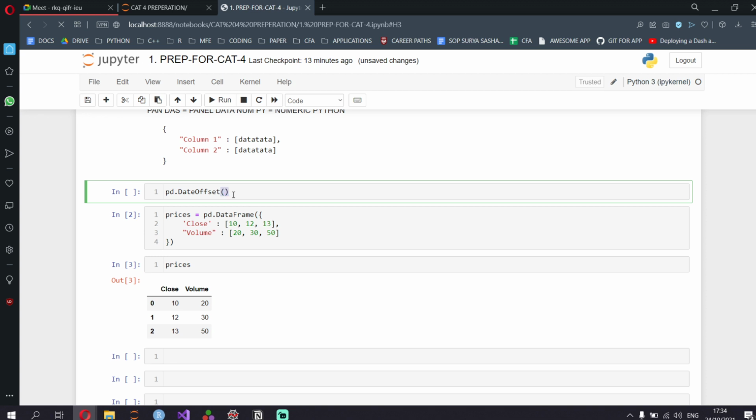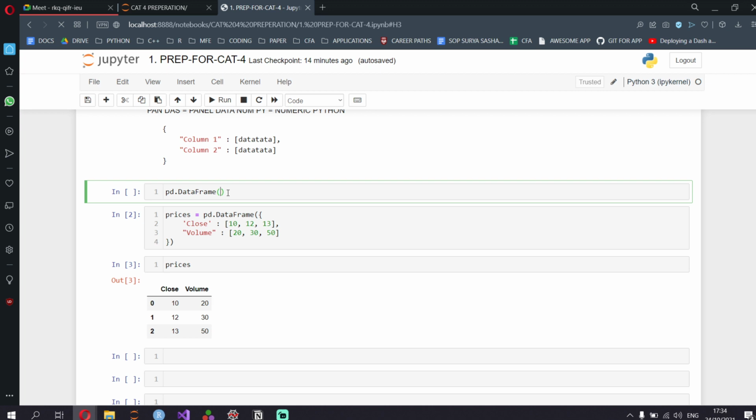Another reason why you need to put these parentheses is, let's go for data frame itself. Now I put these parentheses, and I'm at a position where I don't know anything. I know there's this function called data frame, and I want to see how to create a data frame. So I want to look at the doc string. A doc string, also called a document string, comes with every Python function. If you're ever writing a function, it's necessary that you also write a doc string, because it helps people know what needs to be included in your function.